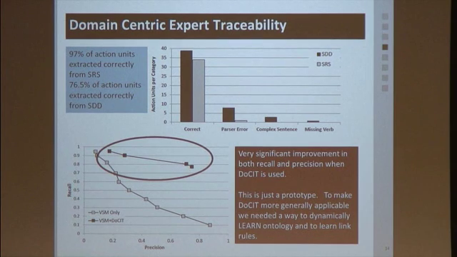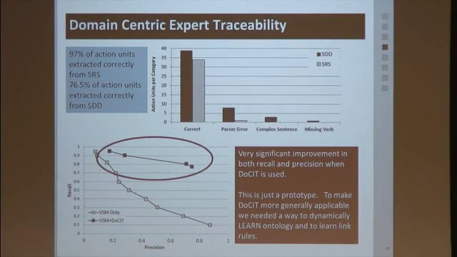But there are some problems. The first problem is that one of the things that I didn't mention is we rely on the underlying presence of ontology. So we have to be able to reason about things like similar meanings between two different concepts. And one of the challenges here is that we need ontology for this to work for a very specific domain. Some of the ontology is just related to software engineering in general, but a lot of it is very, very domain specific. And a lot of the domains that we're working in are highly technical. So you can't just go out and find ontology that you could reuse.